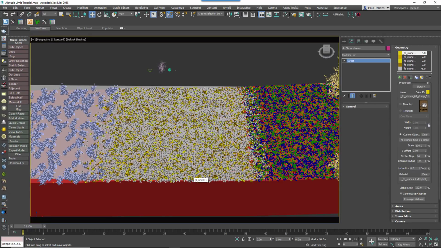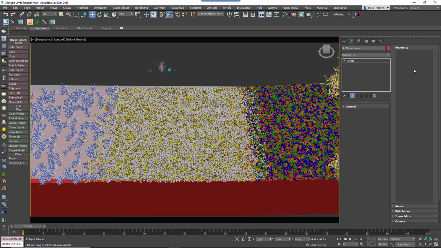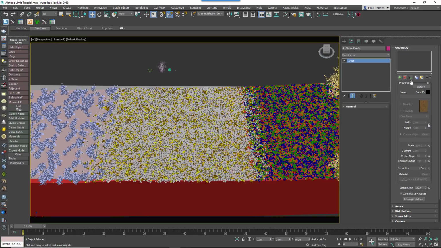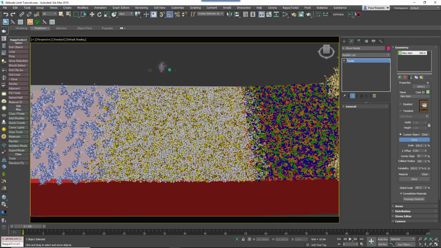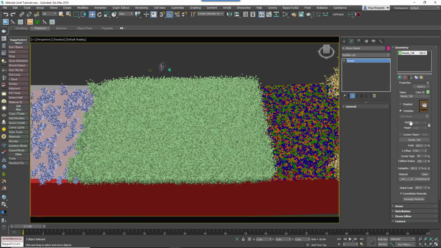The easiest way is often to clone an existing forest object so that some of the work is already done. For example, we can clone the stones and use the style to add the reeds. So select the stones forest object, type Ctrl and V to create a clone, and then go to the geometry rollout and delete the existing items. Add new items. In this case, I'm picking a few third-party reed models, but you could use something else suitable